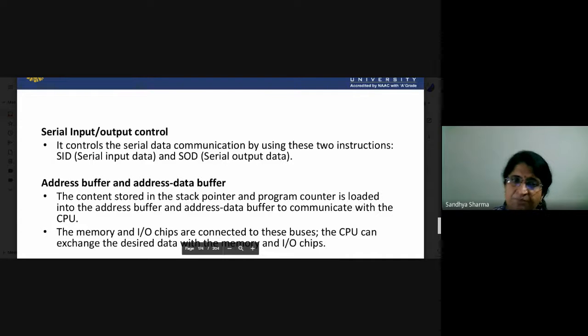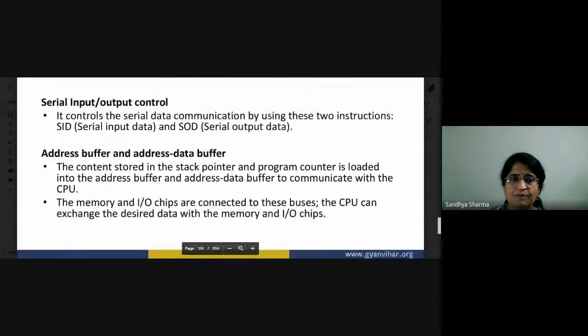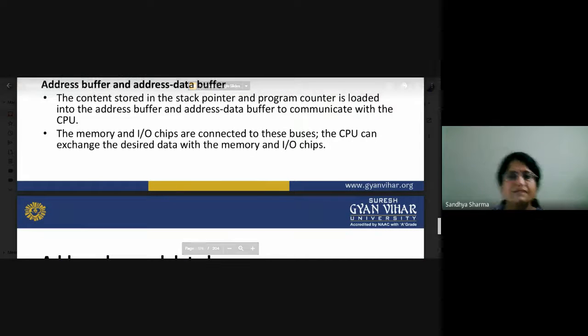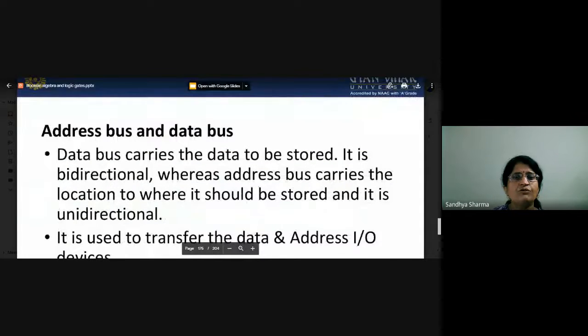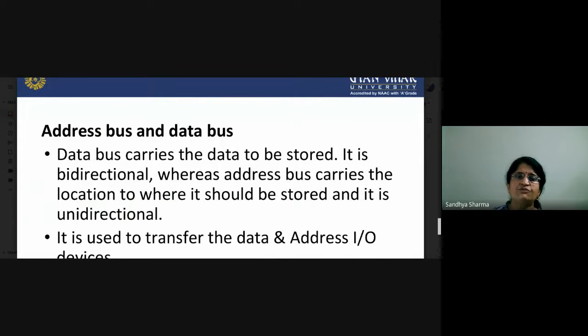The content stored in the stack pointer and program counter is loaded into the address buffer, which is 16-bit. Memory and input/output chips are connected to these buses. This is called the buffers. The address bus is unidirectional, while the data bus is bidirectional, and the address bus carries the location.